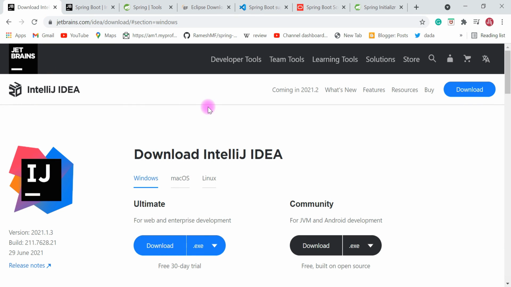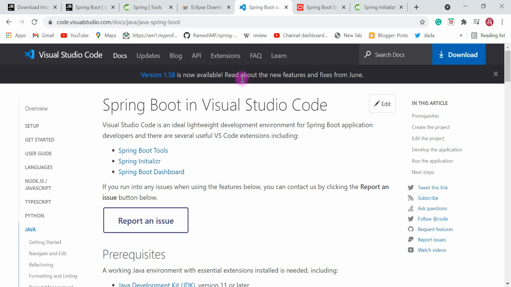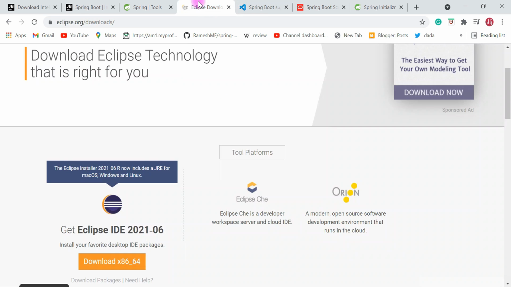If you are a beginner, first go with Spring Tool Suite IDE, and then go to IntelliJ IDEA, which is a great tool. If you are already familiar with VS Code, go with those extensions and you are good to create Spring Boot applications in Visual Studio Code IDE. If you are already familiar with Eclipse, then install the Spring Tools plugin and start building Spring Boot applications.